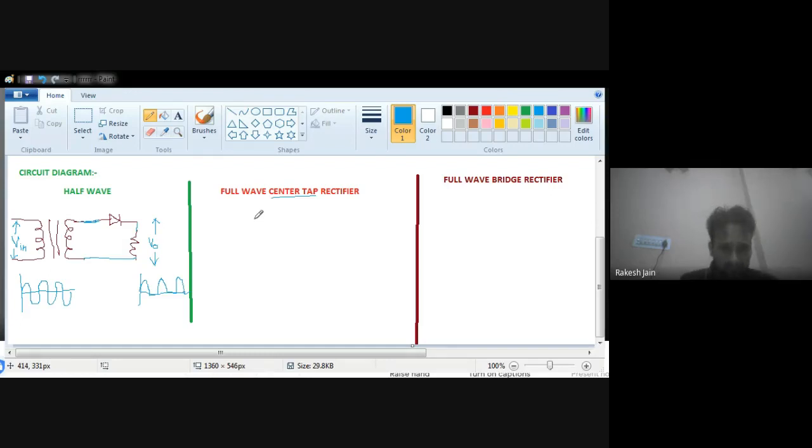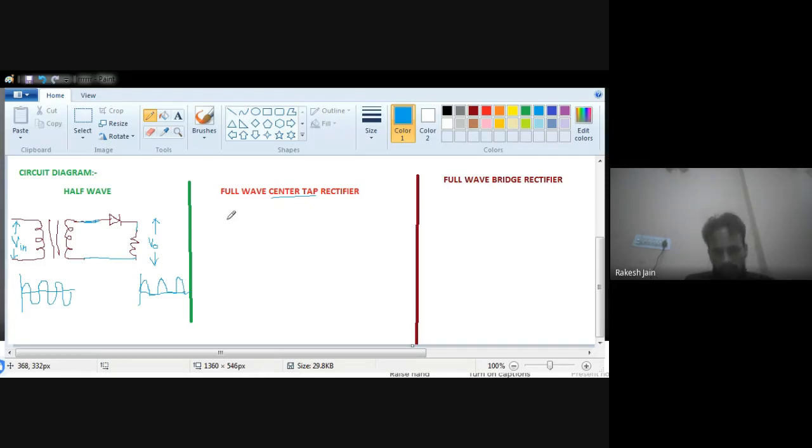And the next difference is the waveform difference. So I will explain after the completion of the working principle of these three rectifiers, when we come to the topic of the difference between half wave, full wave center tap and full wave bridge rectifier. Then you will see at that time that these differences are common. The rest differences are new for you.